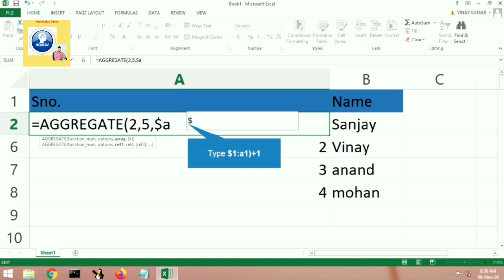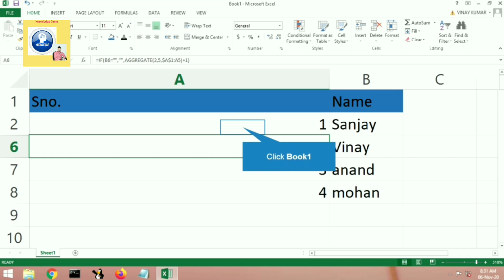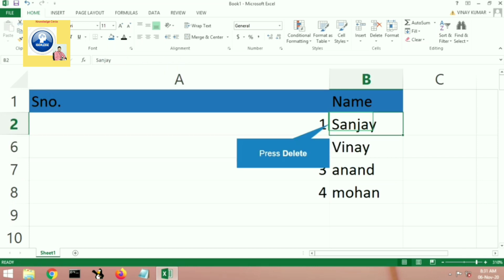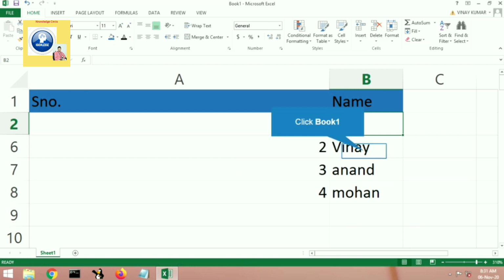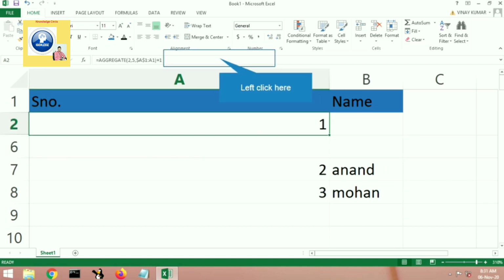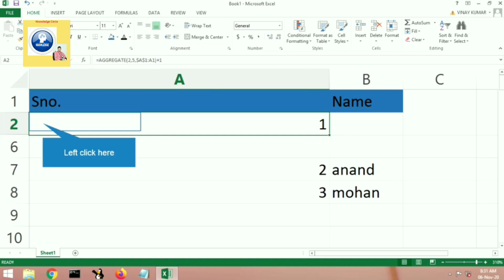Put a comma again. The next one is array. Array means the address of the cell. So first there will be a range. The range will be only one cell. Like if we are taking the cell B1, then it will be only B1. So here we are taking A1, so it will be $A1, meaning the starting range will be absolute and the ending range will be relative. So $A1, $A1 colon A1.